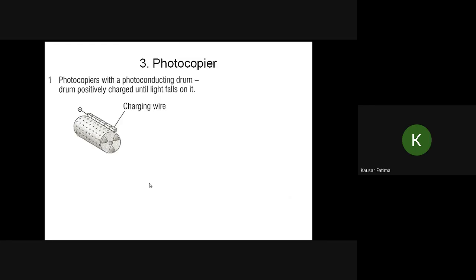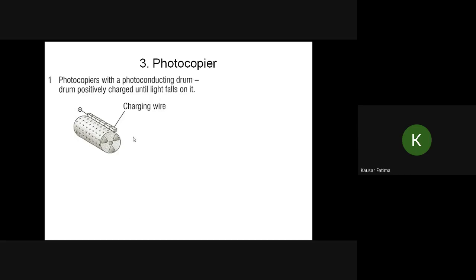Photocopier, and the major part of this photocopier is a photoconducting drum. It's made up of selenium. And what is a photoconducting material? When it is exposed to light, it will become a conductor. Otherwise it will behave like an insulator. Insulator means when we spray some charge on it, that charge will remain there on the body. So here the drum is shown to have positive charge all over it, and it will hold that charge till it is exposed to light, so the charge will not go away from it. There is some material which is producing charge, we call it the charging wire here, which is producing